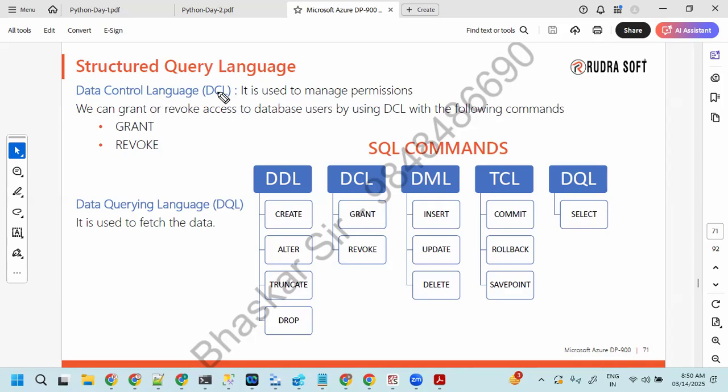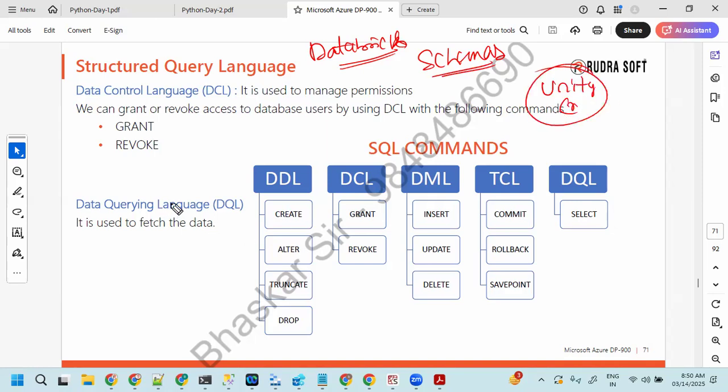I faced one question: how can we grant access in Databricks? In Databricks we are going to have databases, which we call schemas there. How we can provide the access, Unity Catalog is there, and we are going to come across it. In that case, what commands are we going to use, that was the question. The GRANT command will be used to grant access to users in development. And if any person leaves the company, then we can revoke the access.